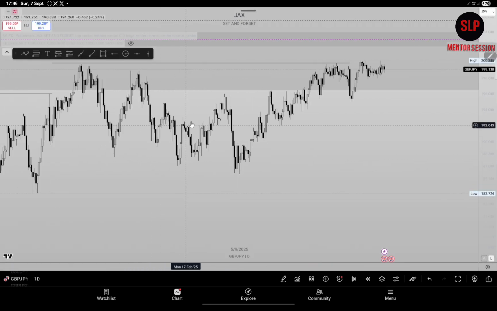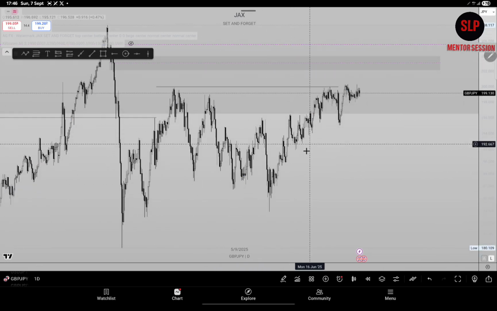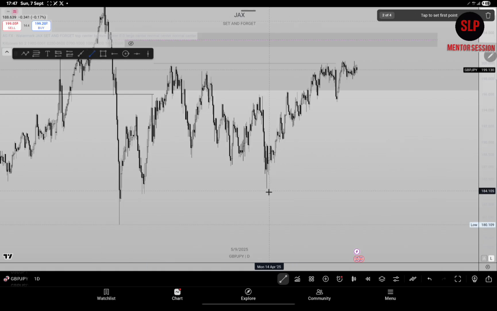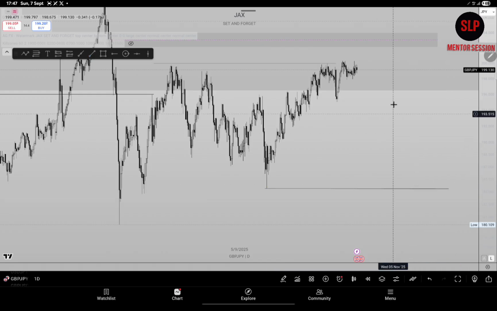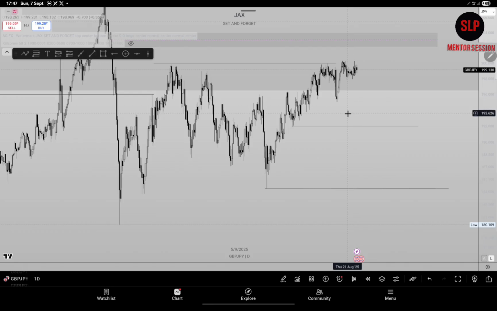So we move down to the 1 day time frame. You can see that price even created trend line liquidity. There are so many things to take out in this UJ trade, and of course our first target should be right here. When I'm talking about first target, you understand what I mean by first target. But obviously it's going to be here. Price will make sure that it takes out this low ASAP, but price will definitely get to here.